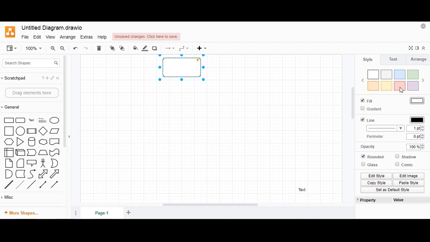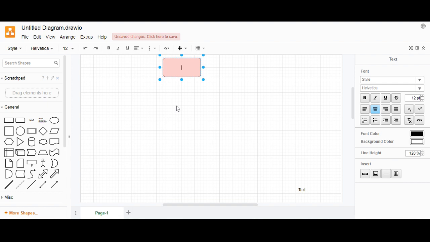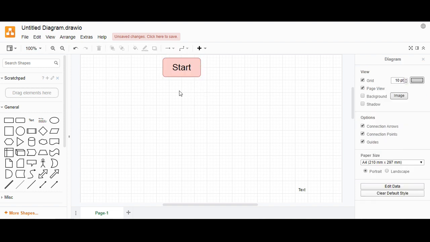Just to make it simple, choose the color, then write start. We want to increase the text size. Next, we have to use the input symbol to get the input from the user for the radius. For input, we have to use this symbol.